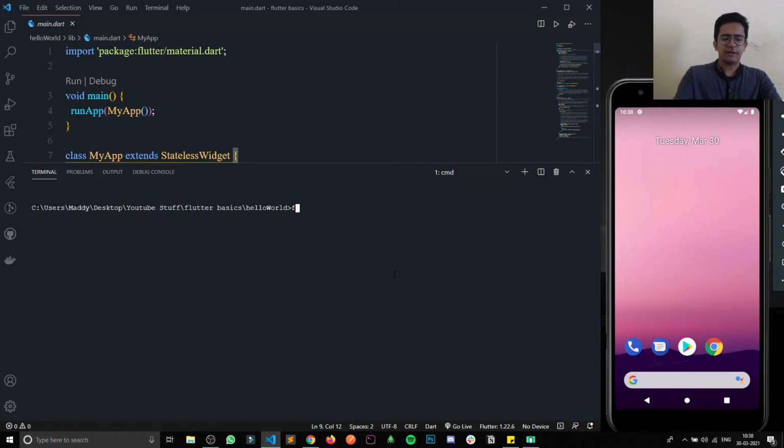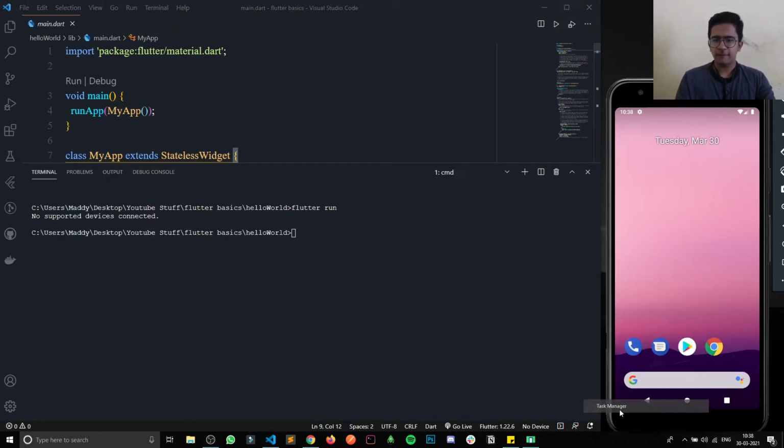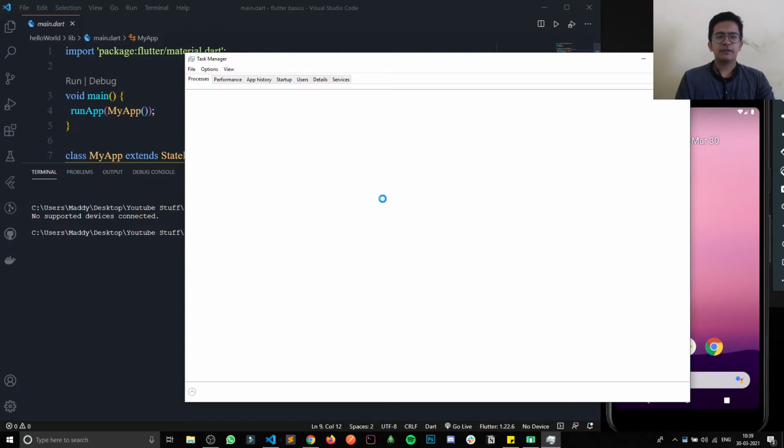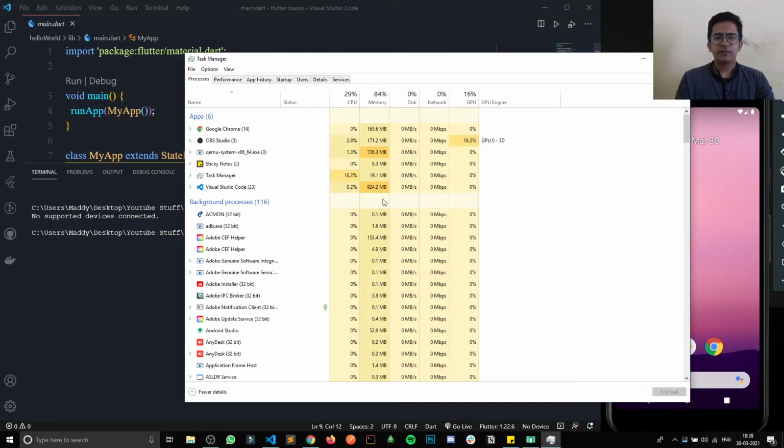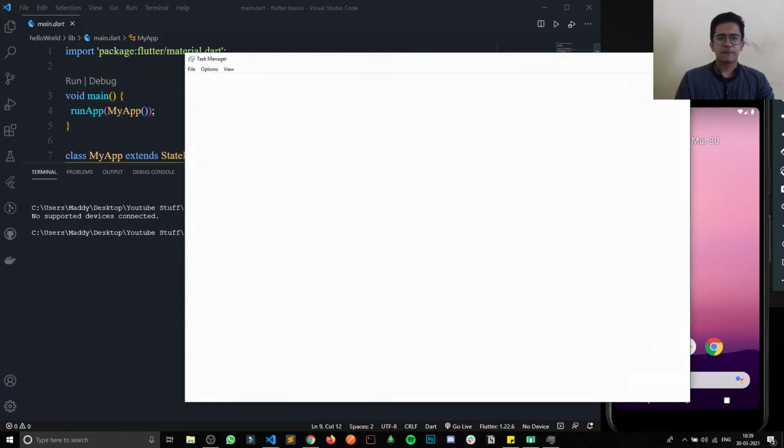I don't think I can run it, because for some weird reason the emulator is not running. I think there is a shortage of RAM. Let's go to the task manager. Yeah, 8419. No, RAM is okay.